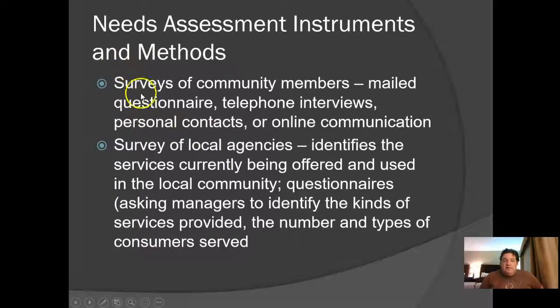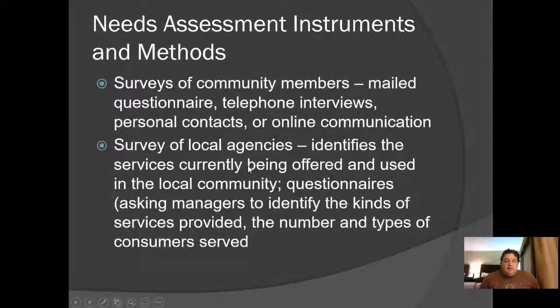So usually this is conducted by a survey. You are not going to create a survey or a questionnaire. However, you can create or find a survey or a questionnaire that you would use. So if you wanted to actually do a needs assessment, you would send these out. And then you need to also write about how you do it. Is it done through the telephone? Is it done by standing outside of Walmart? How are you going to actually survey the constituents of an area, the city, the county, etc.?